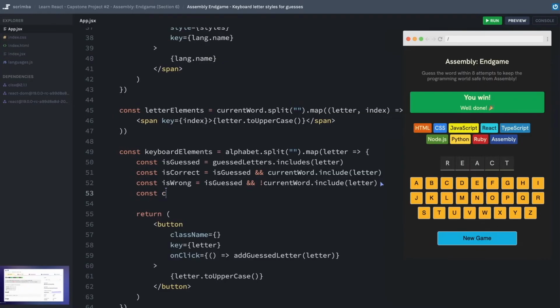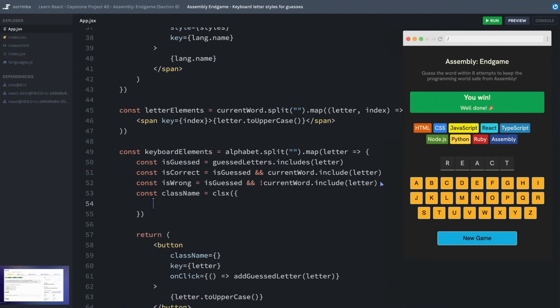So let me go ahead and create a new variable called className, and this will be the string that gets returned by calling the clsx package, or function rather. There's a bunch of different ways to use clsx, as I'm sure you discovered from the documentation, but the most common way that I find myself using it is to provide an object. And as I mentioned, the keys of this object will be a potential class name that will end up on the button in the end.